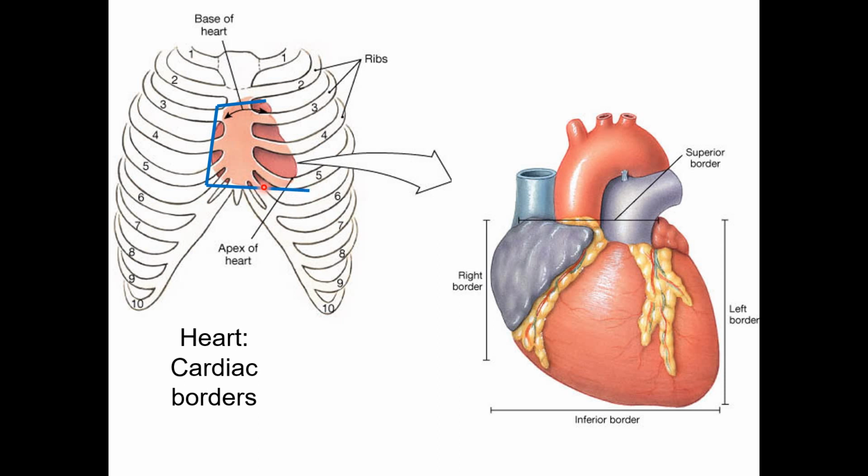You notice how most of the heart lies on the left side more than the right side. And it is slightly convex upwards, this border is slightly convex because of the diaphragm. The diaphragm is here. This inferior border is mostly formed by the right ventricle, except for the cardiac apex region, which is formed by the left ventricle.